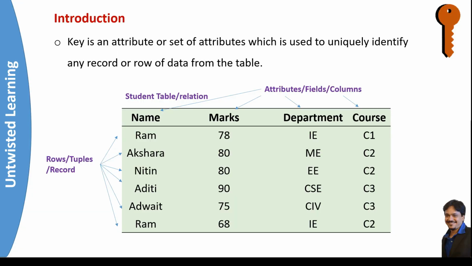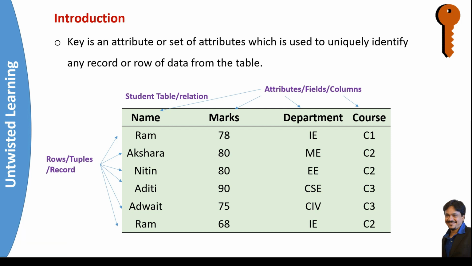So let us first understand what is key. Key is an attribute or set of attributes which is used to uniquely identify any record or row of the data from the table. Now before moving further,